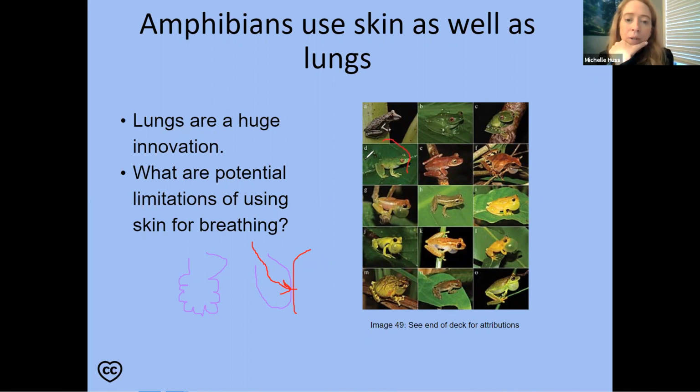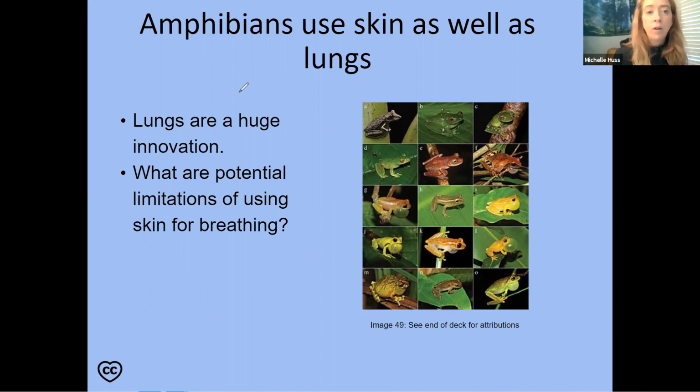So they also breathe with their skin. So their skin does gas exchange, which means that their skin has to be wet. Remember, respiratory surfaces have to be wet. So this was a big innovation, but amphibians have to be near water. So that's a limitation. All right, let's go to the next one. So that's amphibians. We are now looking at terrestrial vertebrates, terrestrial backboners, okay?